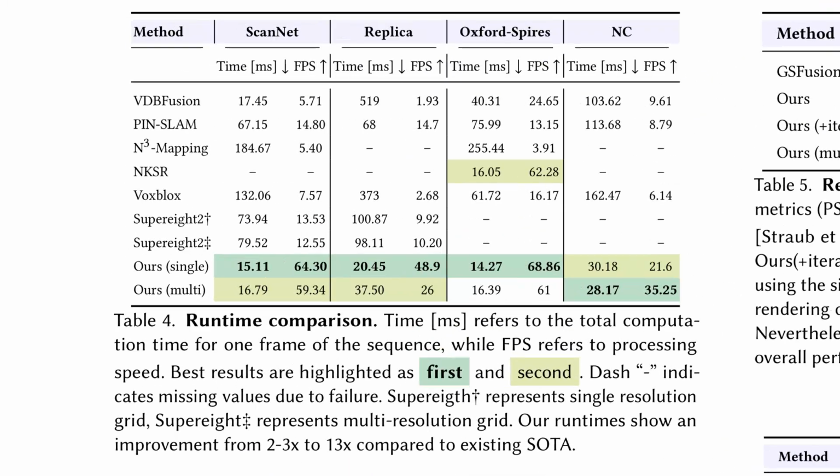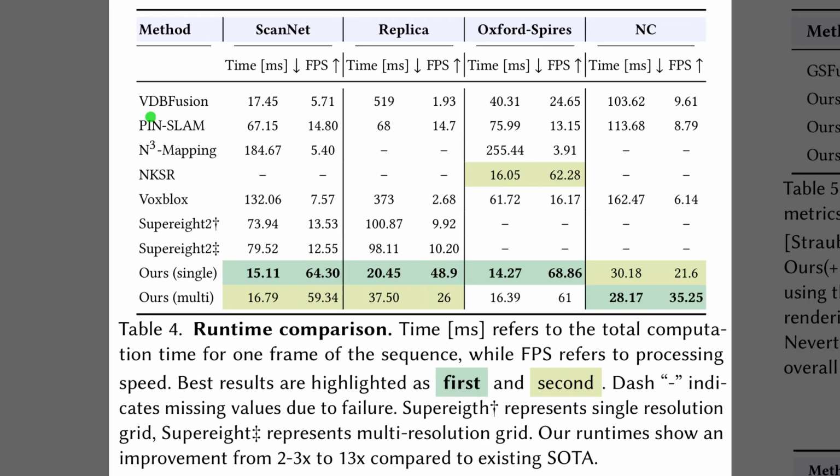So while Table 1 focused on reconstruction quality, Table 4 compares runtime and processing speed across several datasets. The table reports milliseconds per frame and frames per second, so lower time and higher frames per second indicate better performance. Our single resolution and multi-resolution versions consistently sit at or near the top, highlighted in green. On ScanNet and Oxford Spires, the single resolution variant is fastest, while on the NC sequence, the multi-resolution variant achieves